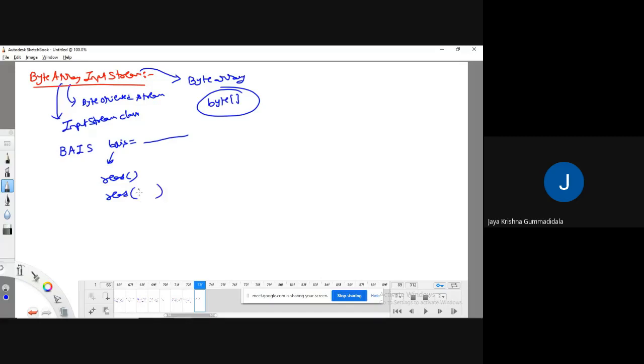It reads byte array data. There is one more method that I have already explained: it reads a byte array where I define the starting location, and from that starting location how many bytes of data I need to read. You already know this method also.